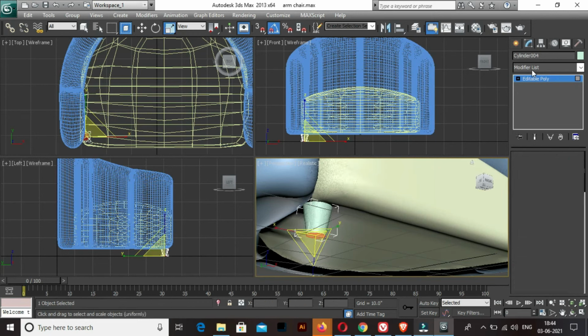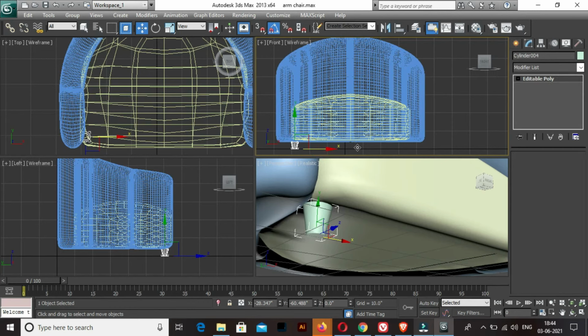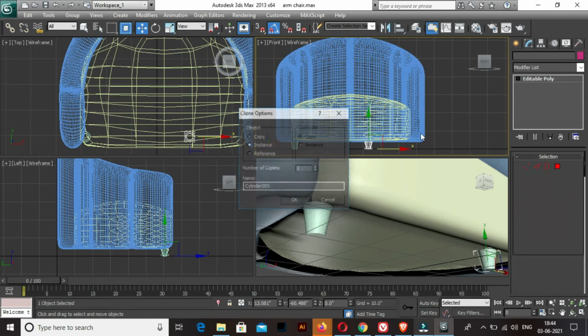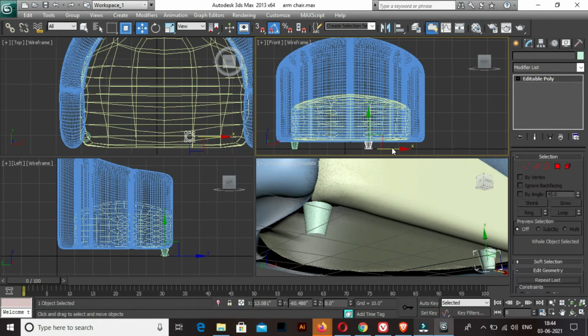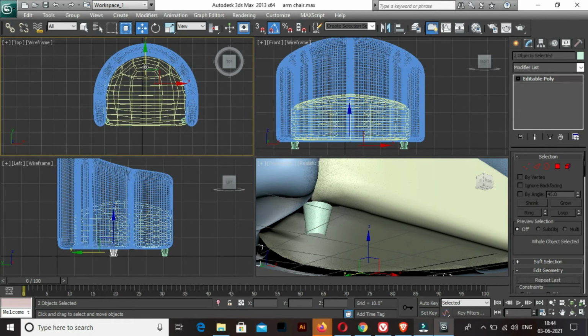So done. And then copy. Just position them.